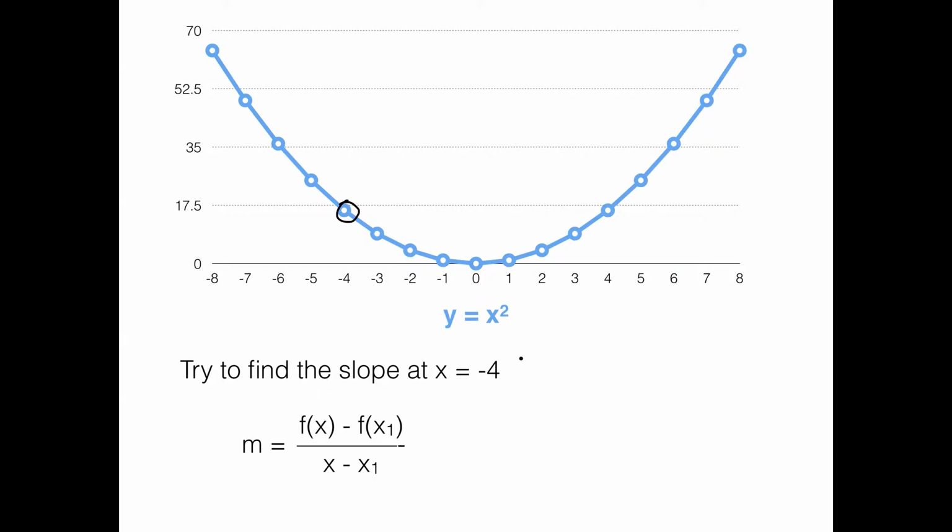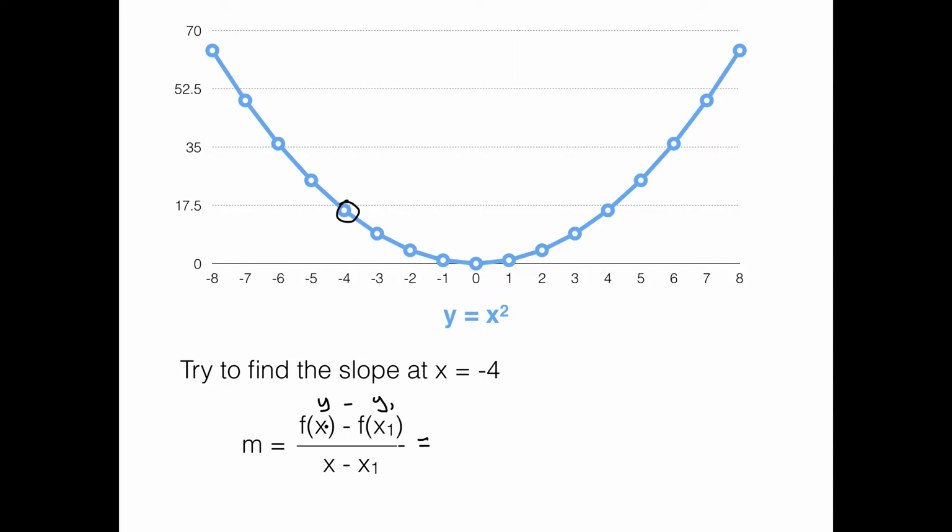Okay, let's do it together now. So m equals f of x, and notice this is slightly different from what we usually write of y minus y1, but really it's the same thing. F of x and y are the same thing, as I've explained in a previous video; they're just different ways of writing the same thing. But f of x is used more commonly in calculus, so you should get used to seeing f of x. So that aside, f of x minus f of x1 over x minus x1,